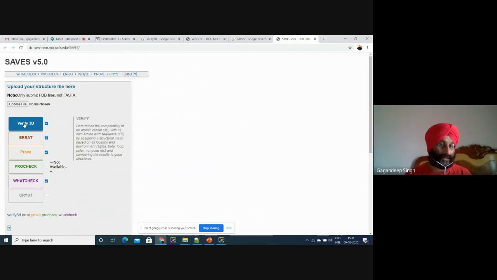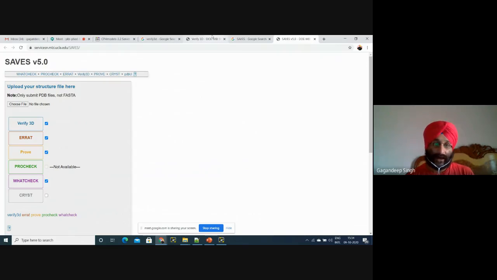In layman's language, you can say it tells the compactness of that structure. Is there any loop which is out of the structure, is there any other corner which is out from some separate loop? Means what is the compactness of this structure, how this structure is overall fitting in that particular place. This is the main thing.